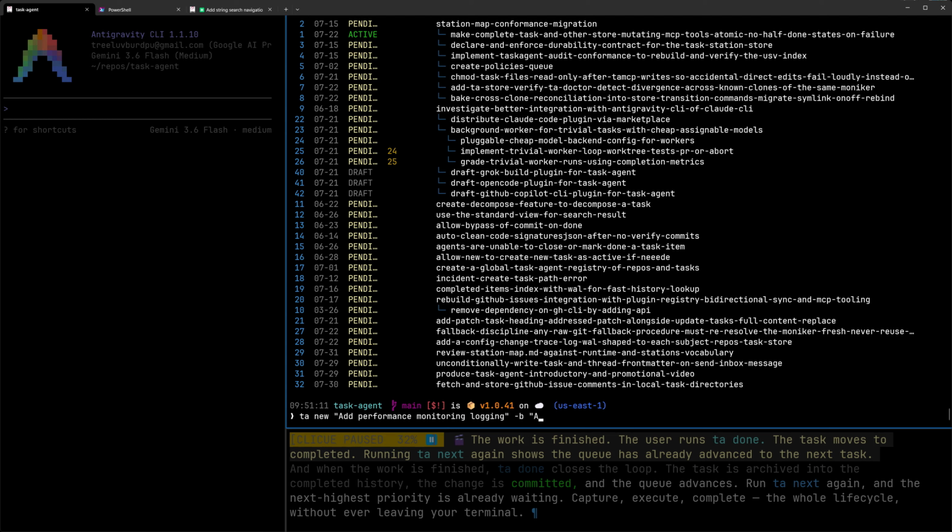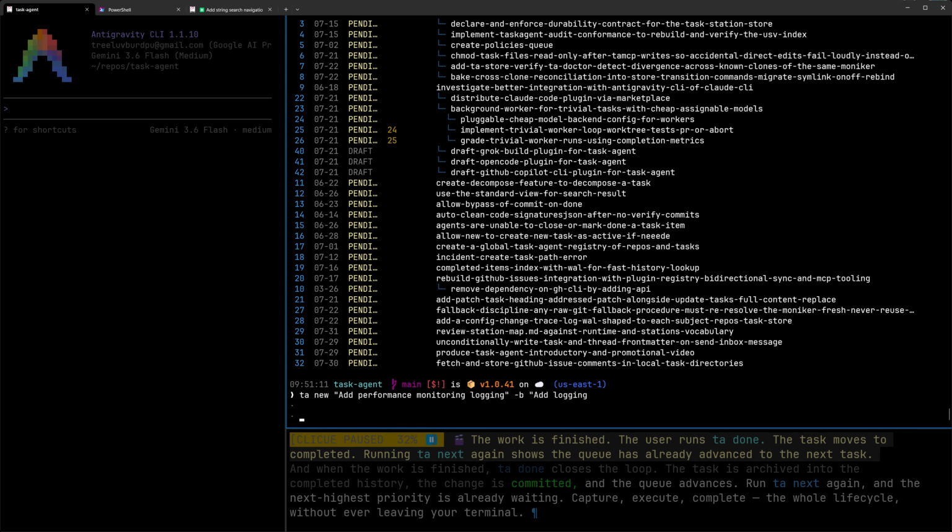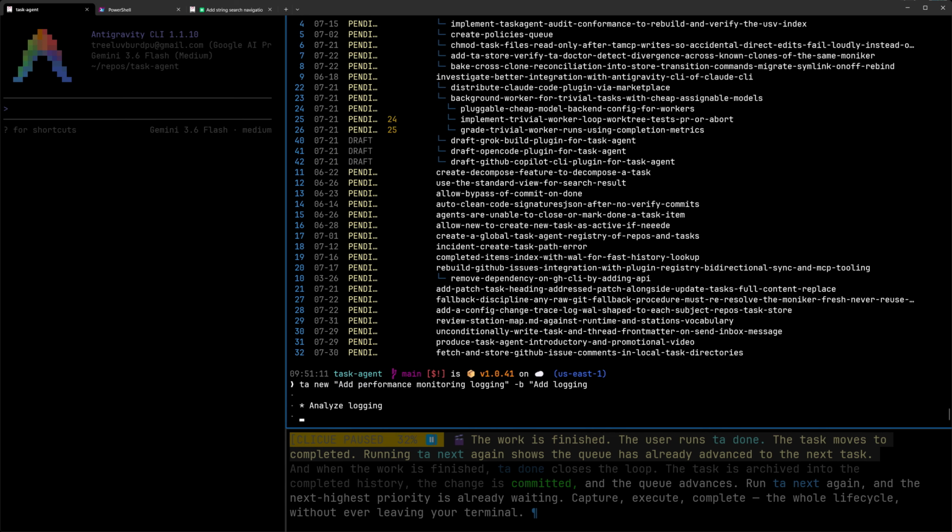Let's see, add logging, kind of an imaginative, let's see, analyze logging, make it easy to turn logging on and off,